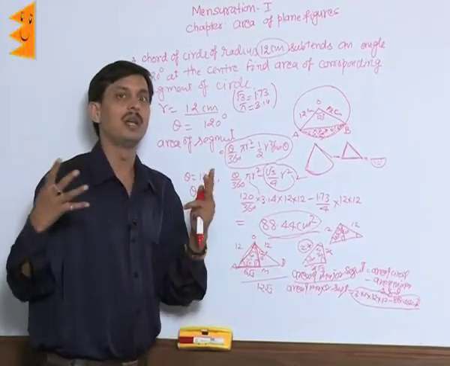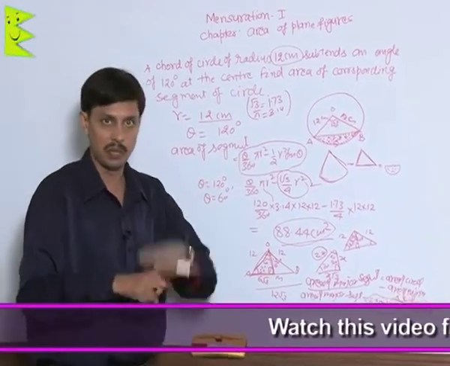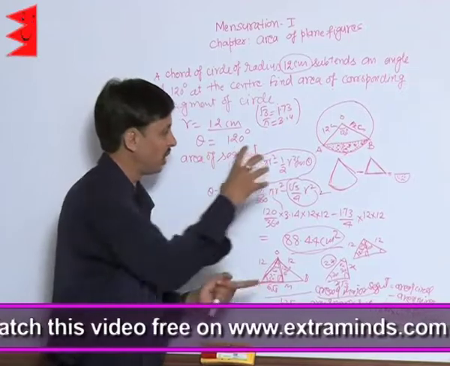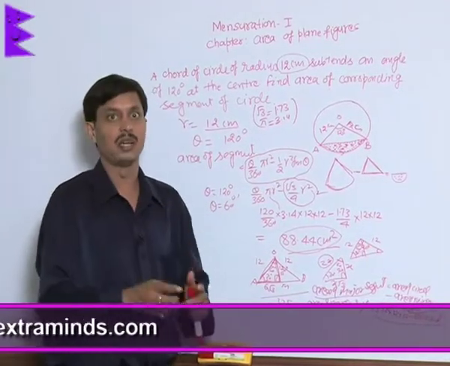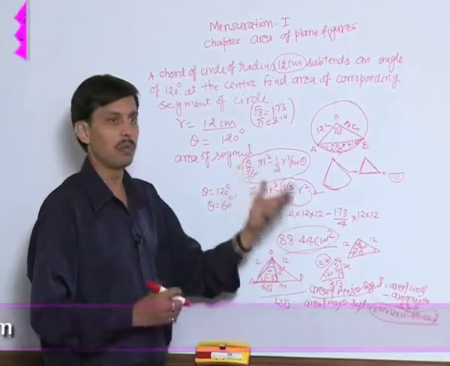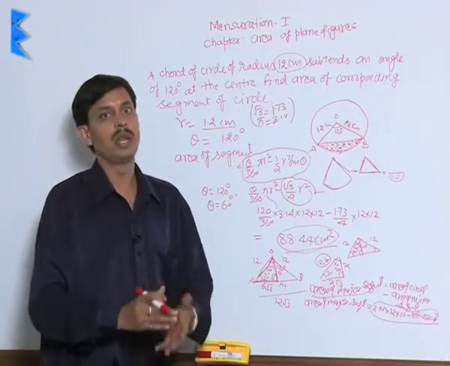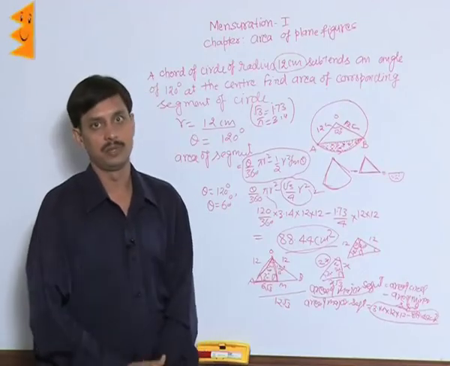So as and when the area of major segment is required, firstly we have to calculate the area of minor segment by using this formula, and when the area of minor segment is subtracted from the area of the complete circle, it gives us the area of major segment. Now we will explain a few more examples to make clear the application of the formulae in mensuration.